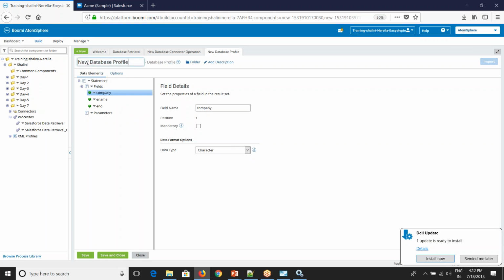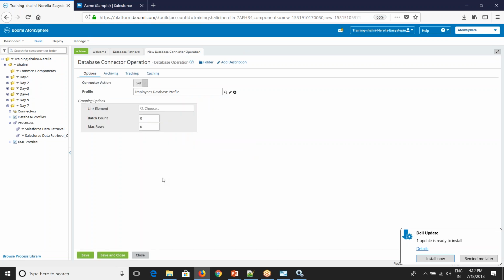So this is done. I'll just name this as employees database profile. Right. So here you'll be able to see the grouping options: link element, batch count, maximum rows. So link element, the common field in a record group to batch documents. The database operation can split or group data so that rows containing the same value are grouped together into the same document. For link element to function properly, order the incoming data queried from database within an order by clause